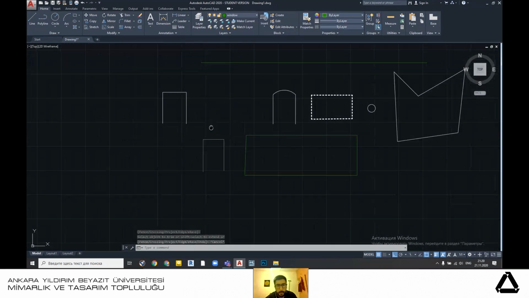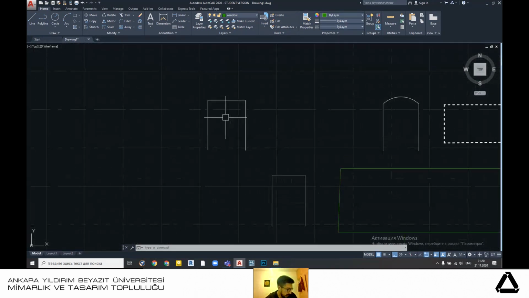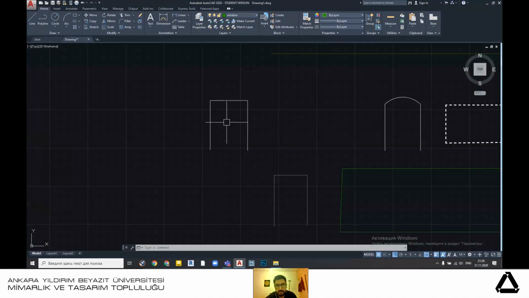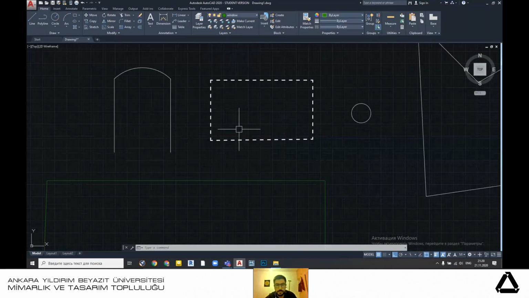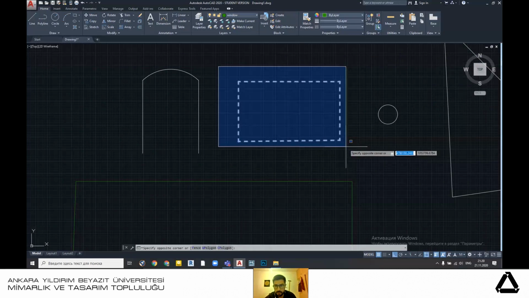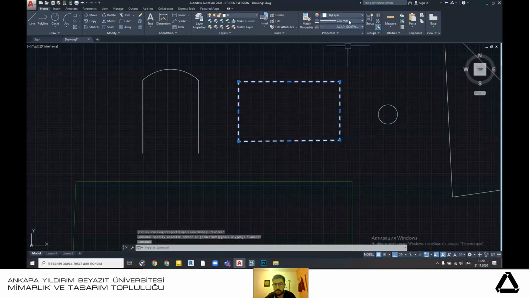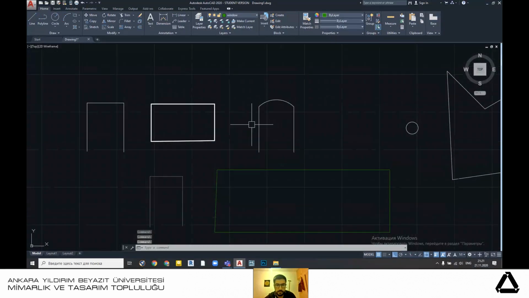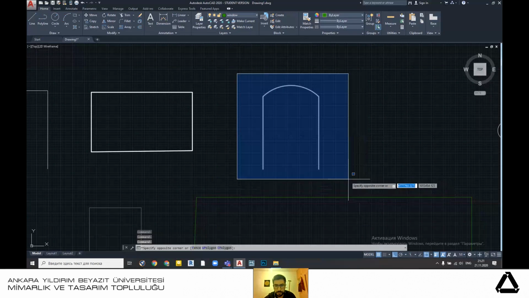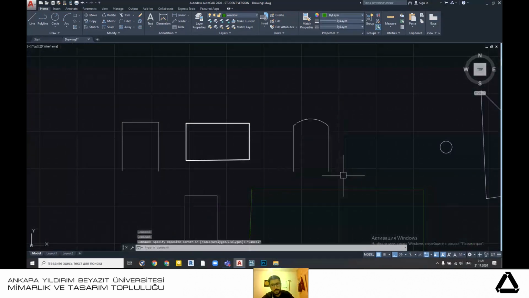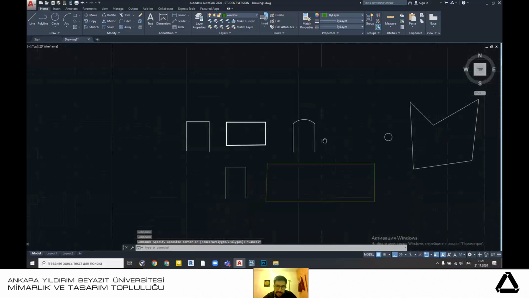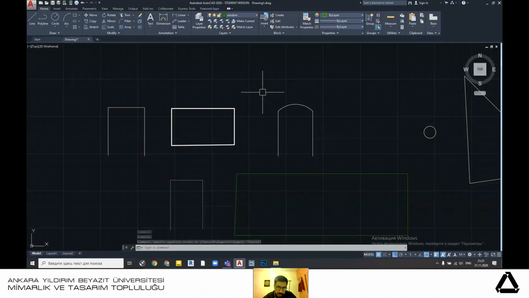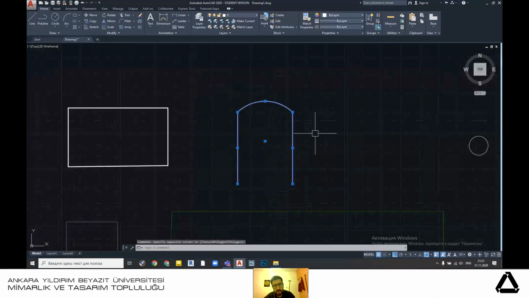After that, the rotate command. Let's bring this one. Let's make it again. This. Let's just rotate this shape. Firstly, you can select whatever you want to rotate. For example, I selected this shape. I press